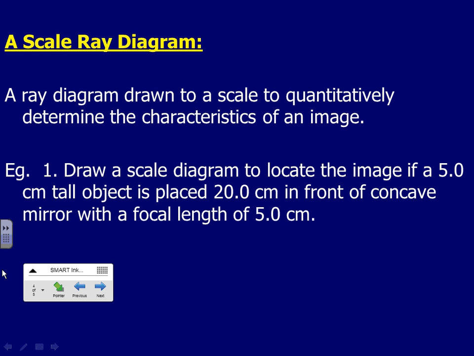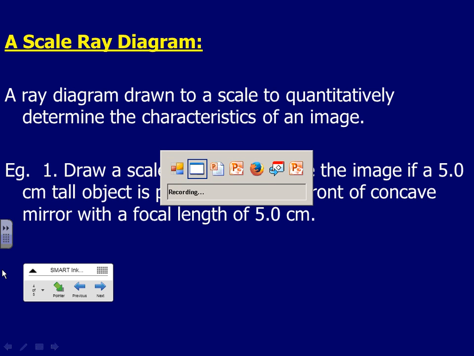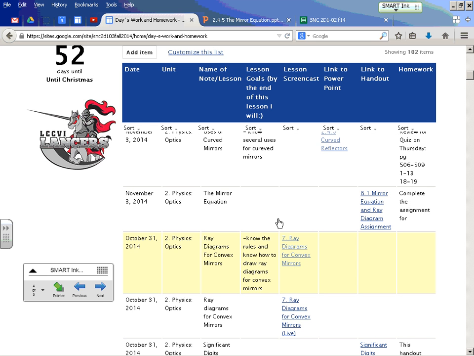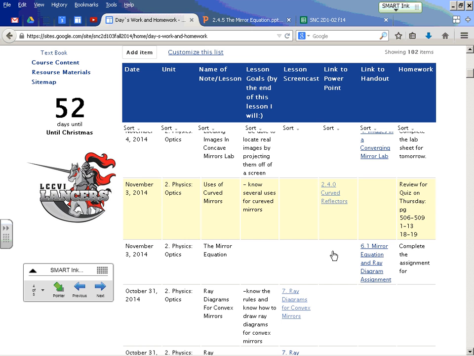Just to show you what the assignment looks like, it looks exactly like this. If I go to our PowerPoint here, go to today's date, and move up to the curved mirrors, here's the mirror equation and ray diagrams assignment. And if I open that up,